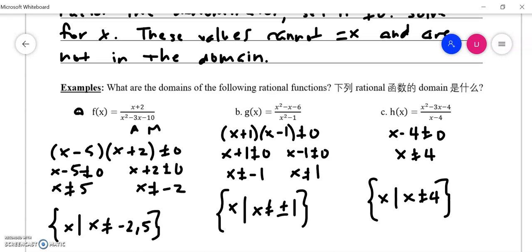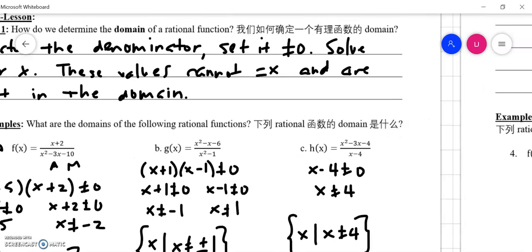There we go. So finding domains, not so bad, just have to care about the denominator. But like I said, we've kind of already done this. So why are we doing it again? And now you will find the reason that we are doing it again. So if we look at the next page,